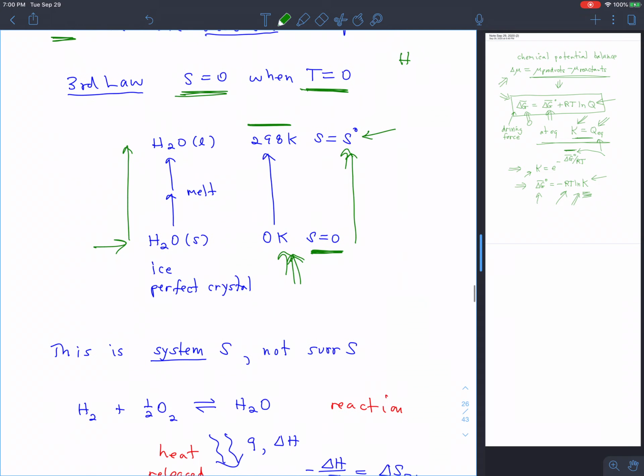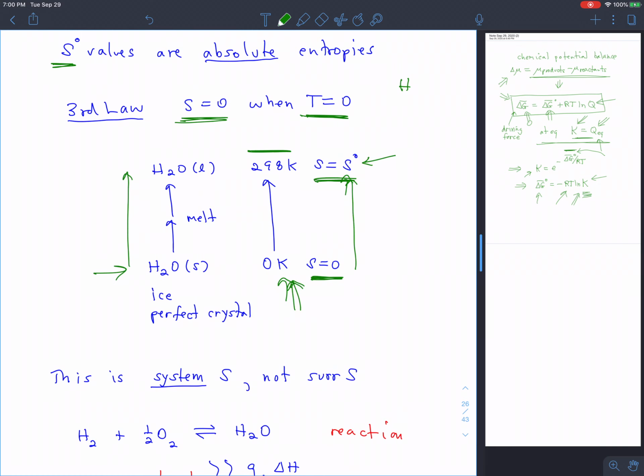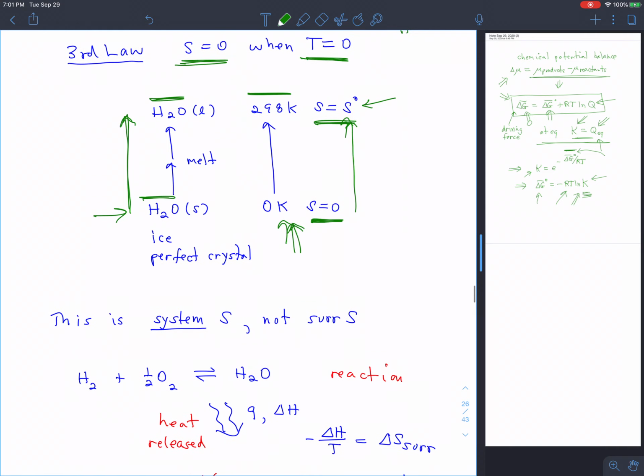And notice, too, apart from the fact that this is a third law absolute entropy, the other thing to notice is that this isn't the entropy of a chemical reaction. It's the entropy for a warming process. We're not doing any chemical reactions. We're not taking the bonds apart and re-putting them together in some other form. We're not breaking the water down to elements or anything like that. We're just warming the water up. Starting from ice at 0 degrees C in a perfect crystal where the entropy is 0,